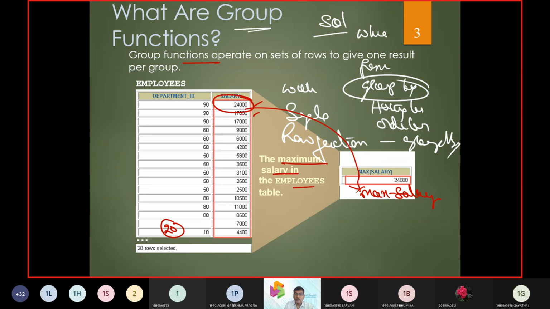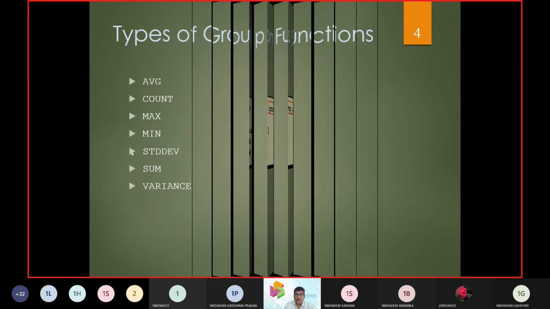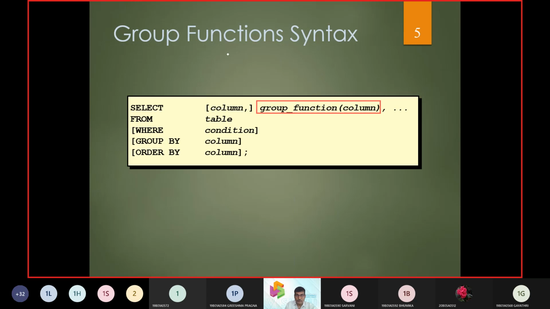It is going to work on the rows and a single value, then it is going to bring up the appropriate functions. So when there are group by functions at this point, we have average, count, maximum, minimum, standard deviation, variance and sum. Standard deviation and variance work towards statistical operations. But for a generic way to get the sum, average, count, min, max, this will be the general way of using the group by functions.